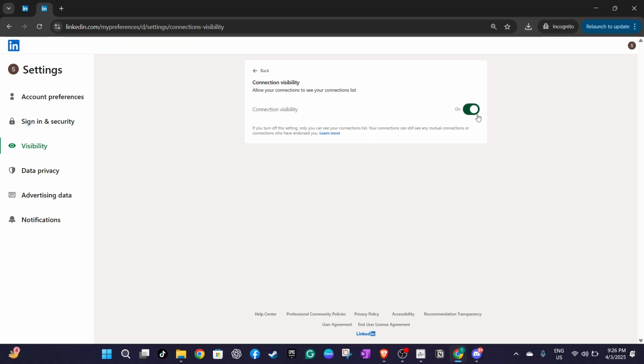And there you have it, the basic steps to hide your LinkedIn connections from prying eyes. Taking control of your connections visibility ensures that your professional network remains private and shielded from competitors. It's always good practice to regularly review your privacy settings on LinkedIn to stay updated with any new features or